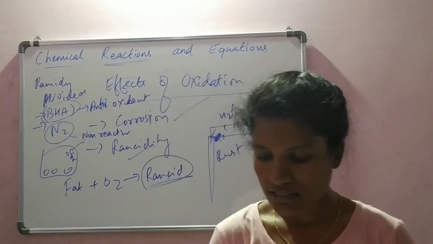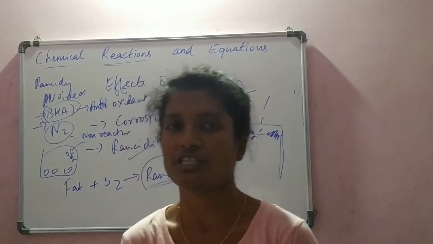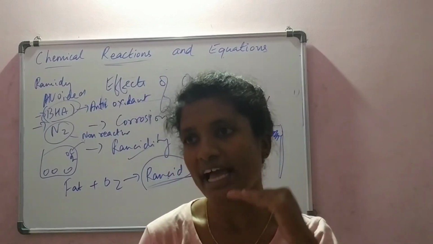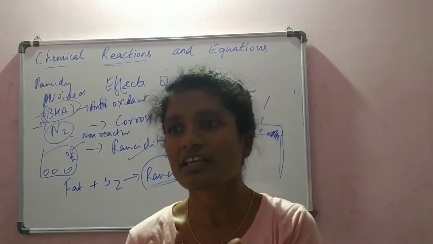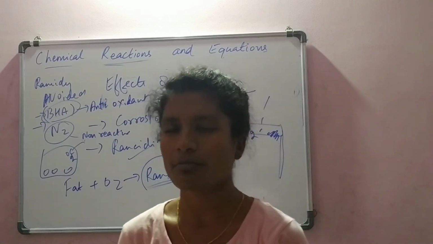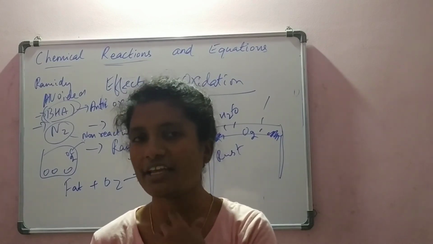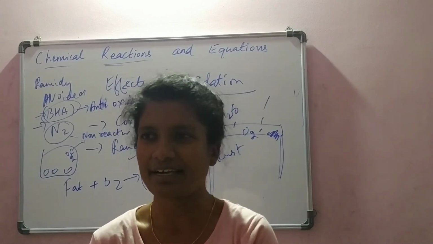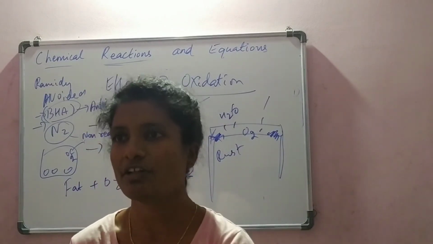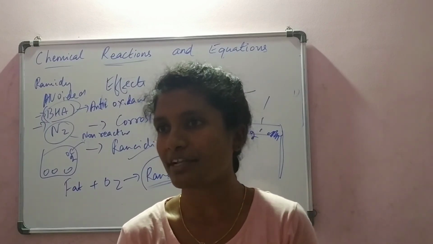Then the next method is that rancidity can be retarded by keeping the food refrigerated. You cannot prevent rancidity, but you can slow down its action by keeping the oil foods inside the refrigerator. You might have noticed any food, sambars or curries that are prepared, if left out, we keep that in the refrigerator and then use it. Which means rancidity is decreased if you keep it at a cool temperature.